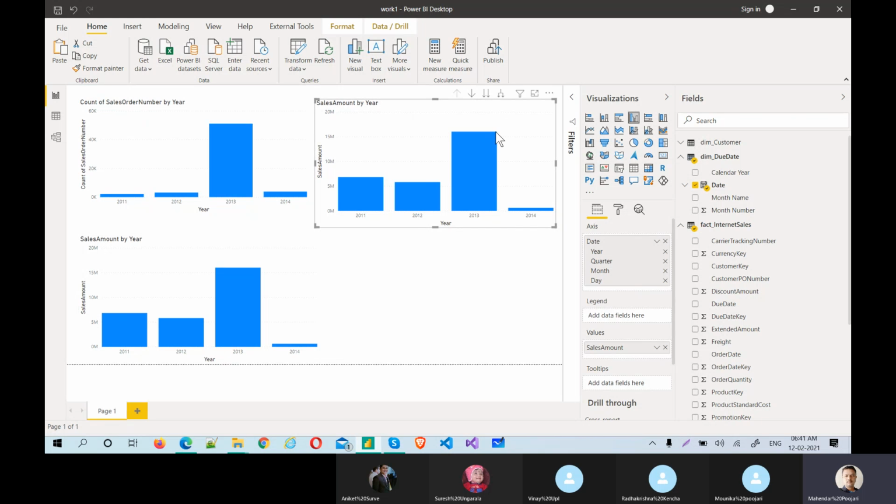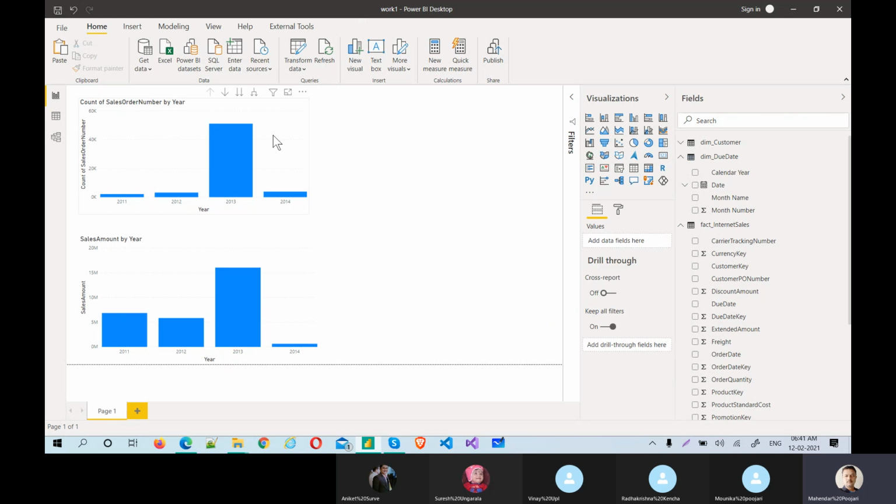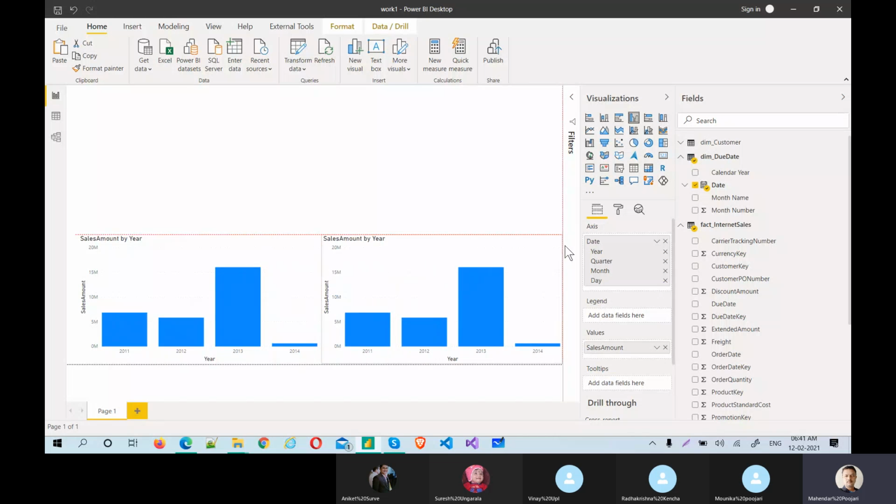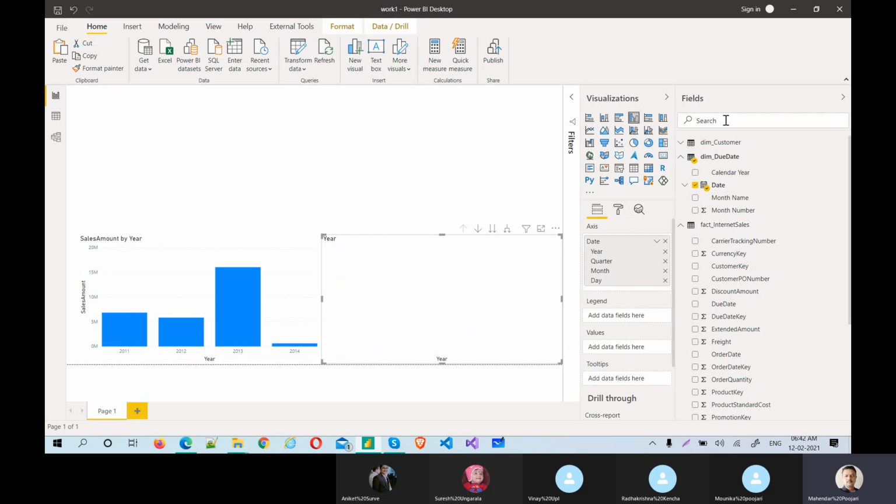I'll remove all of them to avoid confusion. Control C, Control V, and this is the one. This is with sales amount, the fact sales amount, but we have created one measure. So I'll take the measure here. This is the column, but let's see how it looks with the measure. So where is the measure? What is the measure?